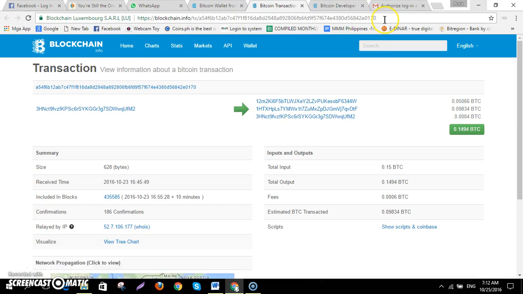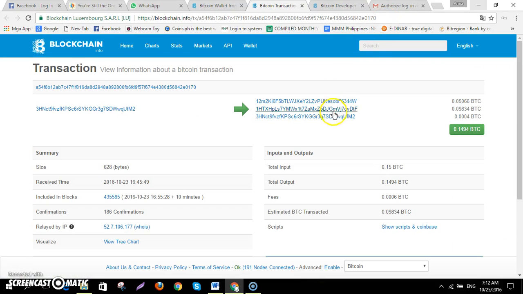If we click this one, it goes to the transaction history or the hash code history and the wallet received. This one is my other wallet, this one is the paying wallet, and this one is the miner's wallet. Because in every Bitcoin transaction there is always a miner's fee, a payment deducted from our wallet for the transaction confirmation, because Bitcoin transactions need to be verified by someone to confirm they are legit and being done from one wallet to another.